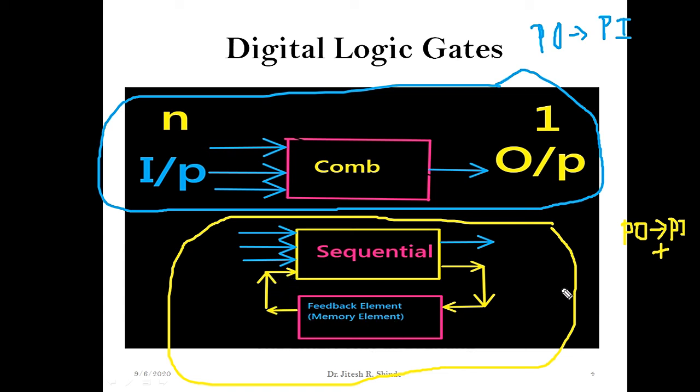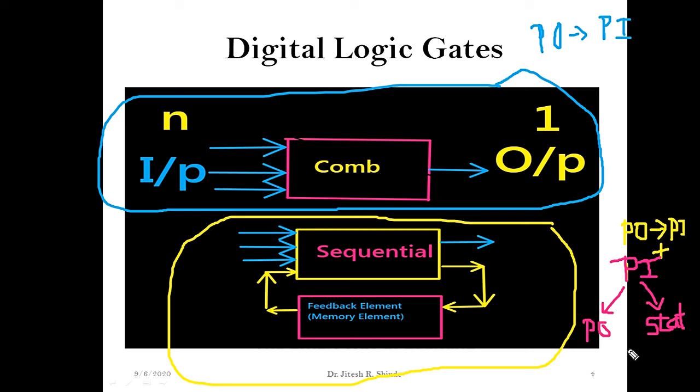So here we can say that in a sequential circuit the present output depends on the present input. It also depends on the past value of input as well. In some books, the past value of input may be said as the past sequence of the output, the past value of the output, the previous output, or in some books it may be written as it depends on the previous state of the circuitry.